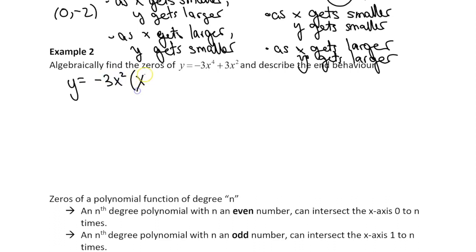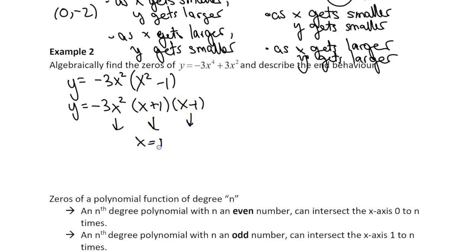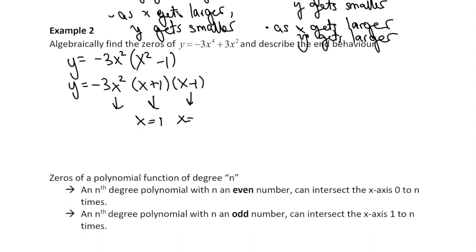We'd be left with x squared minus 1. That becomes y equals negative 3x squared, x plus 1, x minus 1, which means the zeros would be at negative 1, positive 1,